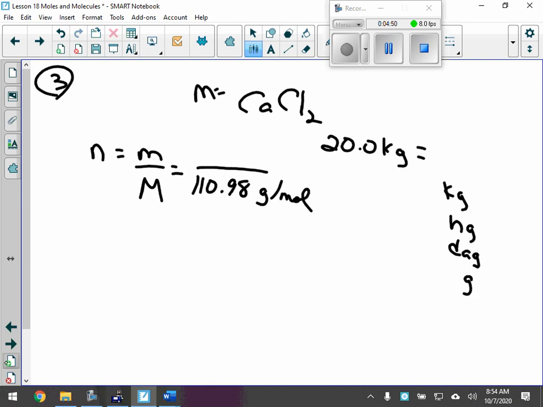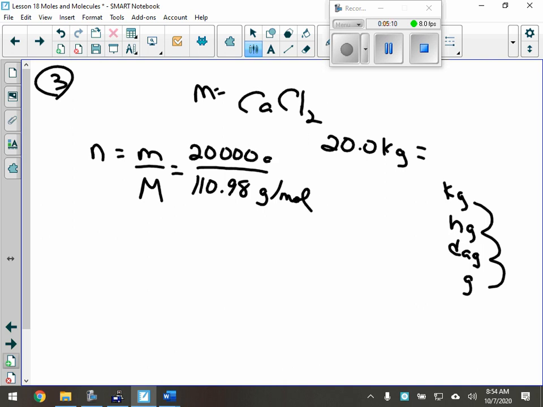So if I want to get from kilograms to grams, I have to go 1, 2, 3 steps down. That means I have to move the decimal 3 places to the right, because I'm going down the chart. If you had a kilogram of something, that's 1,000 grams. That's another way you could do that. So right here, we should be putting